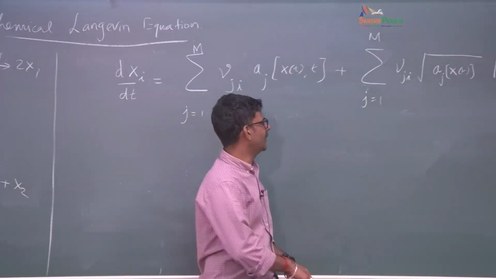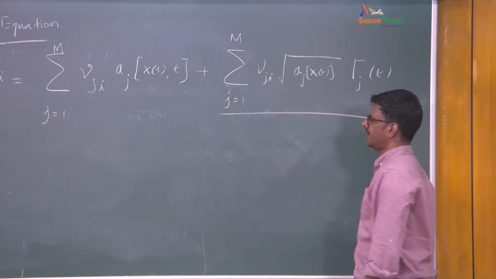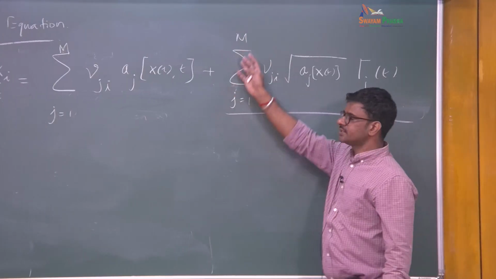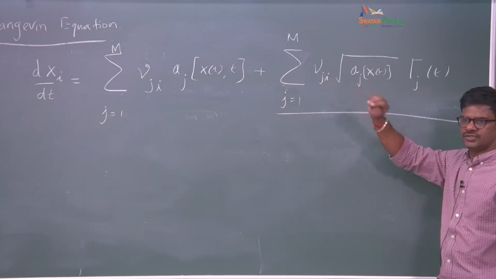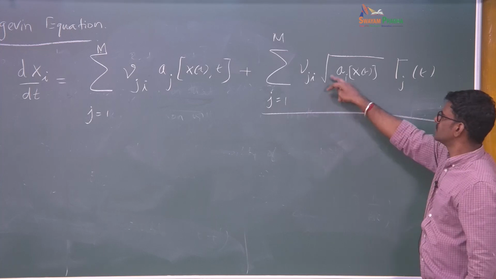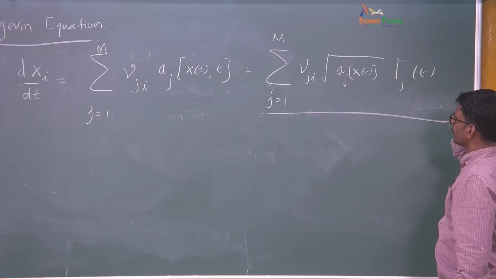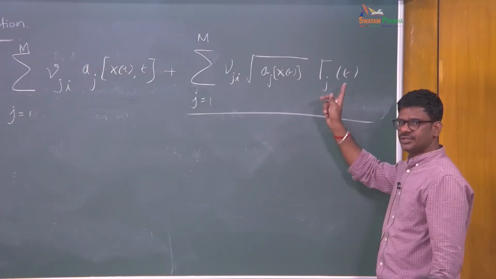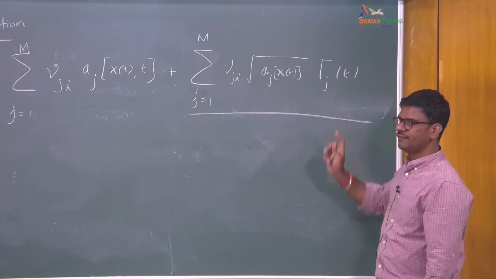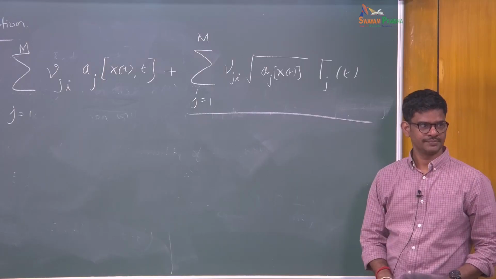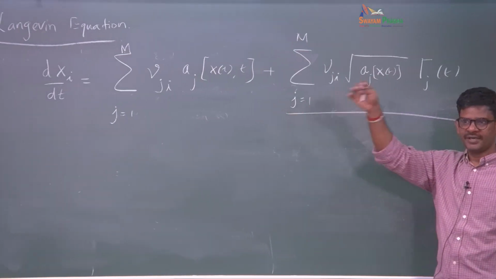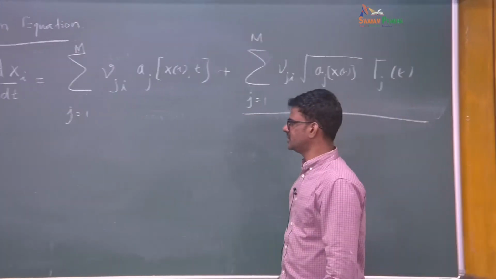Then here comes the fluctuating or random component, which is given as a sum over all the possible reactions of the state change variable nu ji times the square root of a_j, the propensity, and then the random variable. For each reaction, the jth reaction, we create an independent random variable. So this is a more generalized form of what I wrote for a unimolecular reaction in the beginning, where we wrote simply